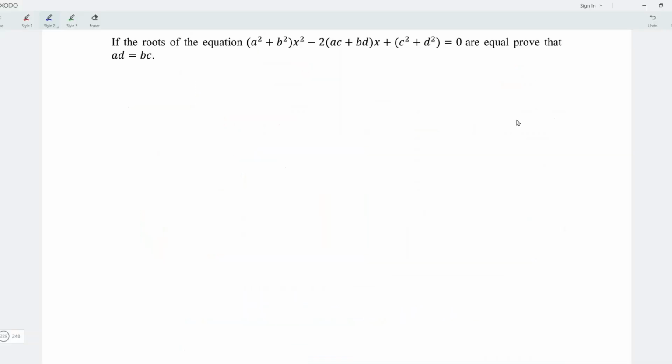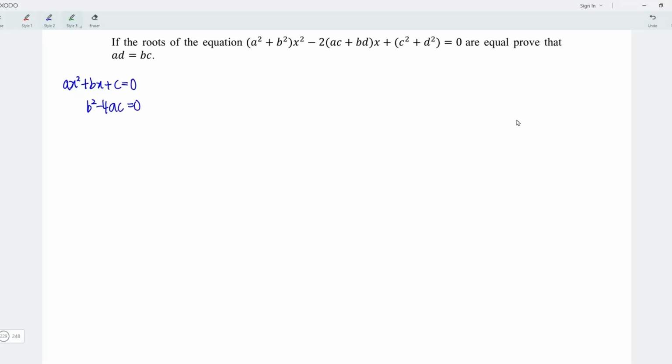Today we would like to share how to solve this question. Before that, let's recall the general quadratic equation ax squared plus bx plus c is equal to 0. If the roots of this equation are equal, which means that we should have b squared minus 4ac equal to